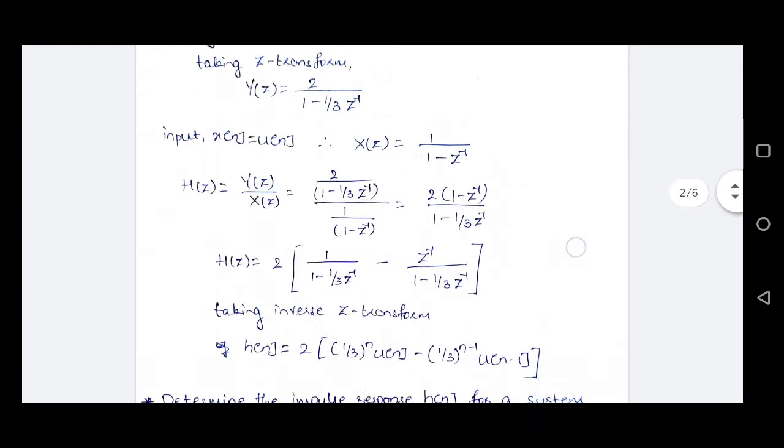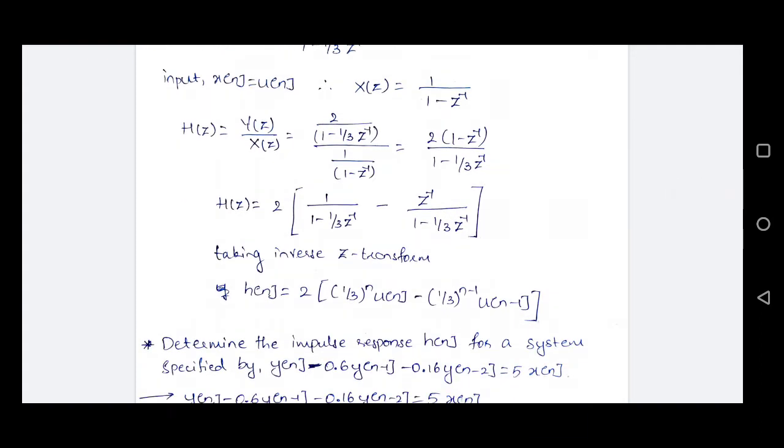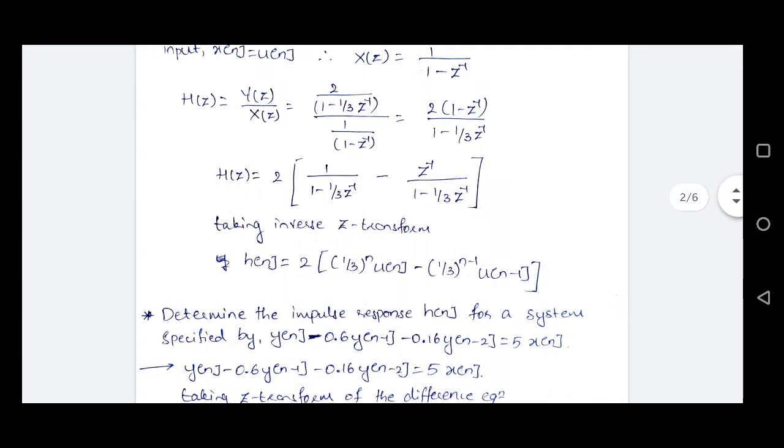Now rearranging the terms, h of z can be directly written in terms of standard Z transform notations. So h of z will be 2 times 1 divided by 1 minus 1 divided by 3 z inverse, minus z inverse divided by 1 minus 1/3 z inverse. Now taking inverse Z transform, h of n, the impulse response, can be written as 2 times (1 divided by 3) to the power n u of n minus (1 divided by 3) to the power n minus 1 u